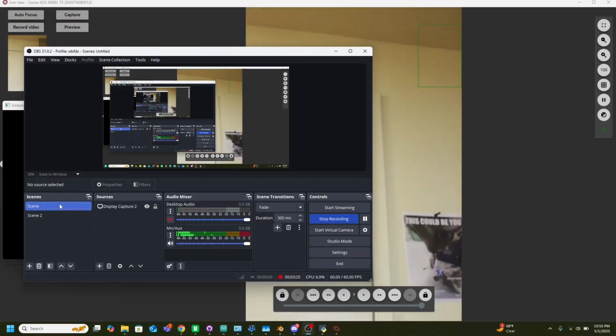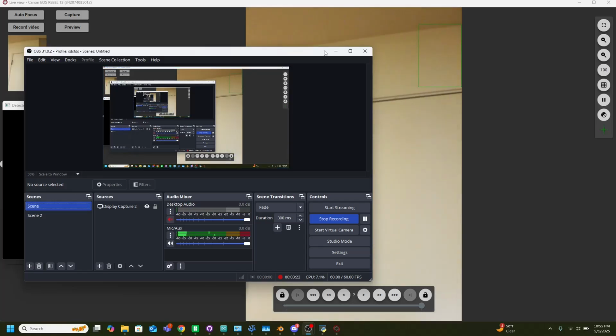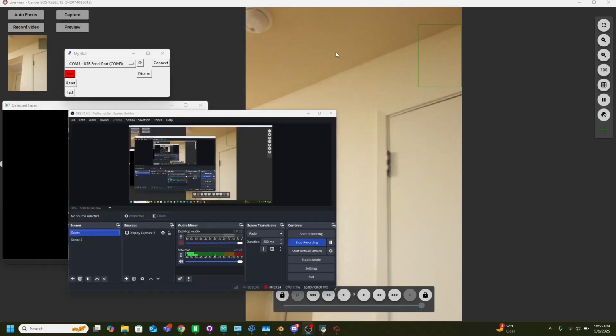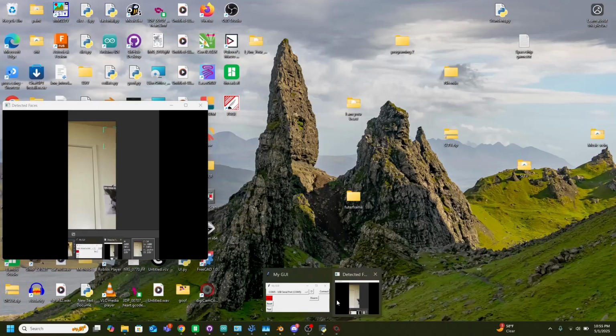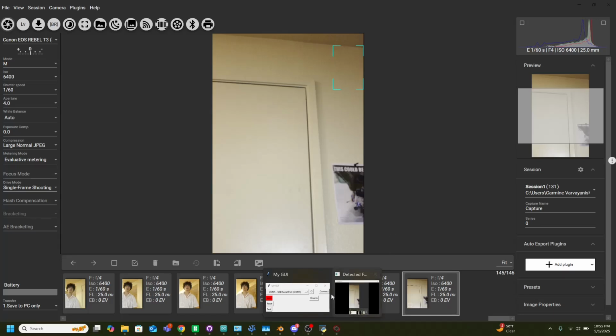Alright, let's look at the code a little bit. Okay, well before we look at the code, the way it actually works, the way I get the image off the camera, is I'm running the software called